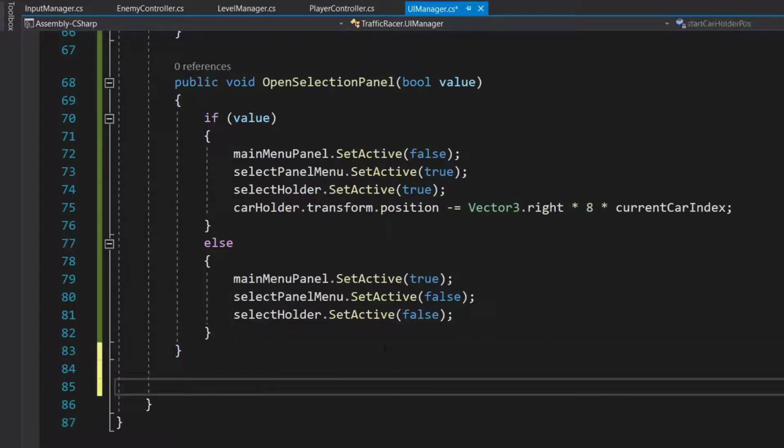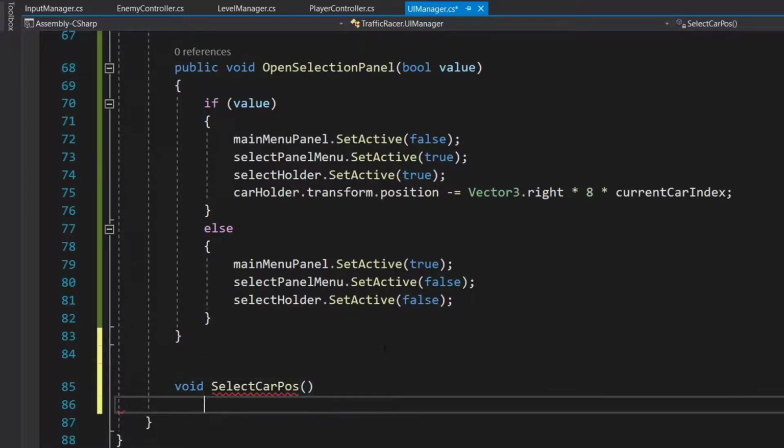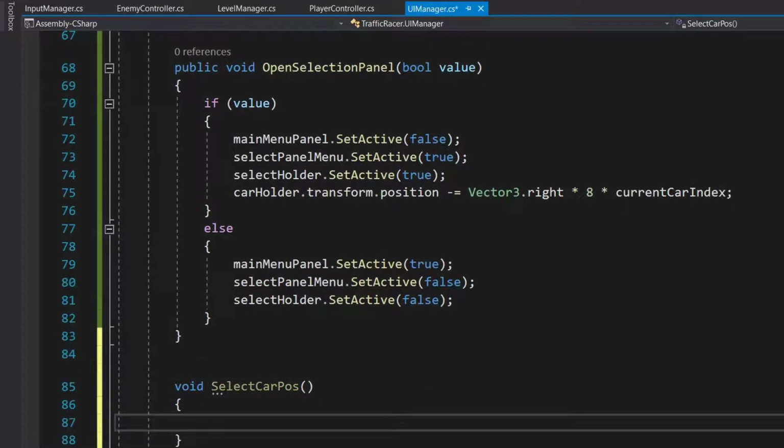We'll create one simple method to move our cars when we swipe. So void call this SelectCarPose. Now we have to change its x position, right?